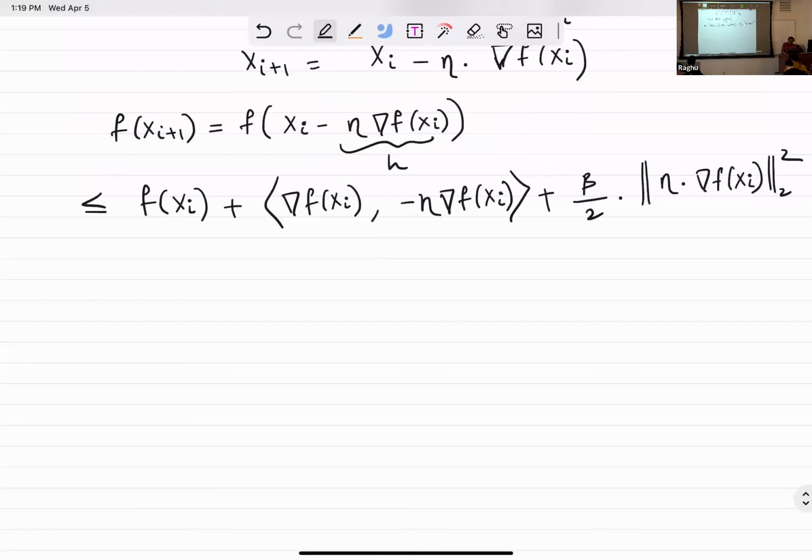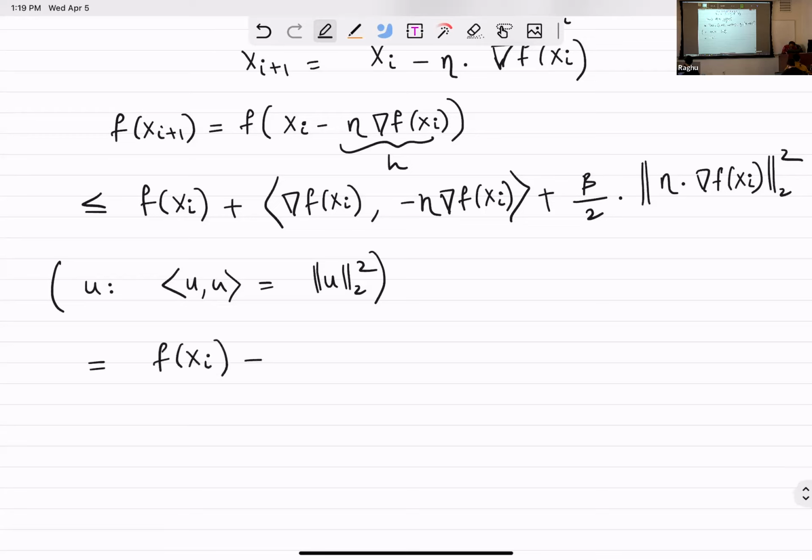Now, if I have a vector u, what is the inner product of u with itself? It's the norm squared, right? So this is one reason why the Euclidean norm is particularly nice for gradient descent: when you take the inner product of the vector with itself, you just get the norm squared. So just plug that in, you get f(x_i) minus